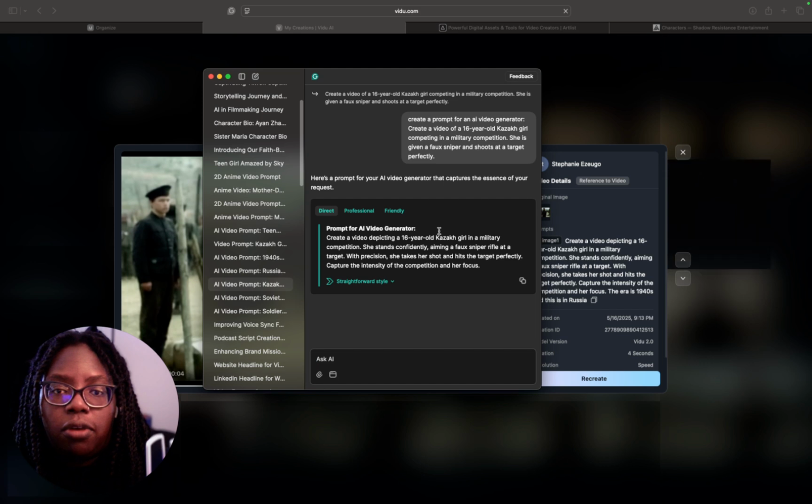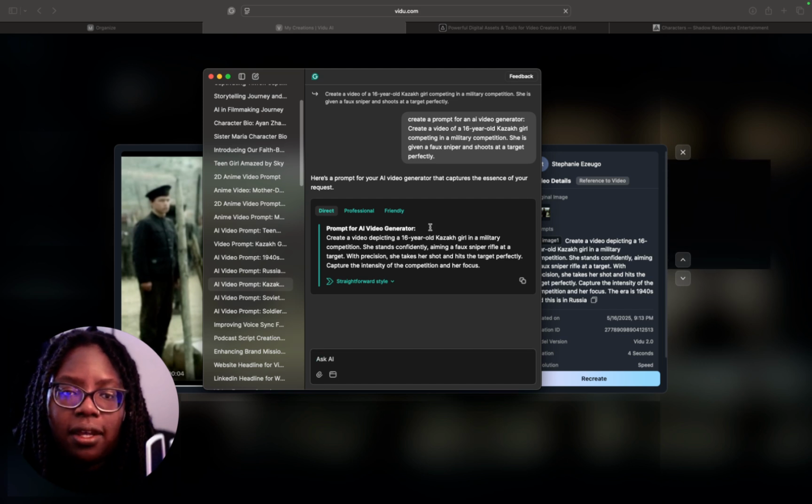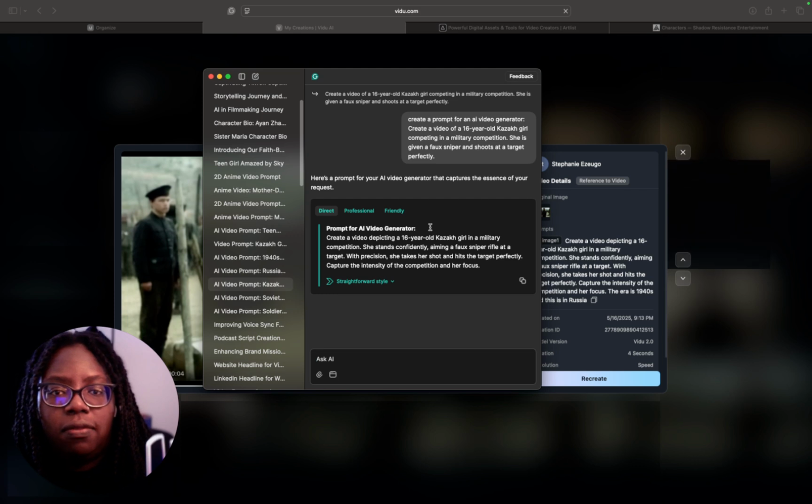So my original prompt was: create a prompt for an AI video generator. Create a video of a 16-year-old Kazakh girl competing in a military competition. She is given a faux, and that should really say rifle. I'm not sure why I put sniper on there, but a faux rifle, and shoots at a target perfectly.